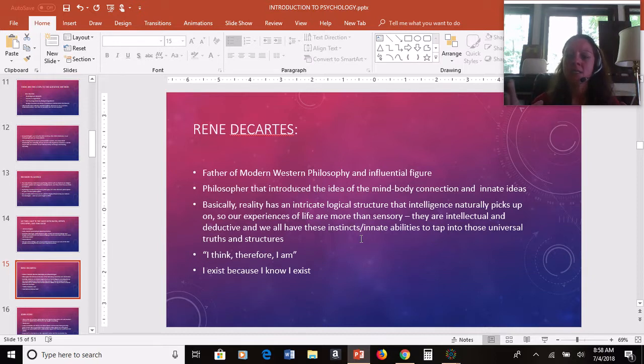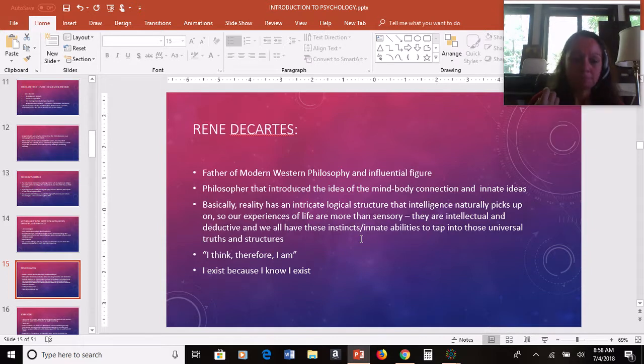I guess a way to make that make more sense to everybody is what he's talking about is there is some kind of outside intelligence or higher intelligence that creates the whole universe. And us, as intelligent, conscious beings, we naturally pick up on that innate logical structure of life. And so that affects how we think, how we behave, and how we go about